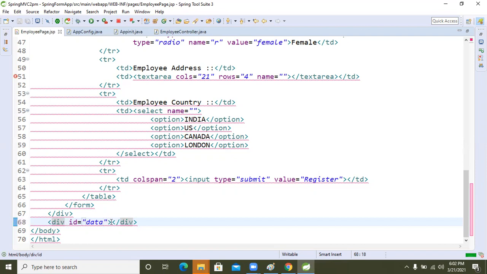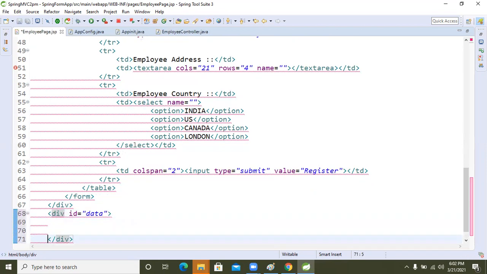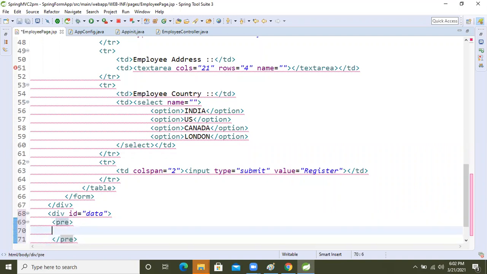Here we will write all those things. For that, let's take one pre tag. Inside that pre tag: Employee ID colon.